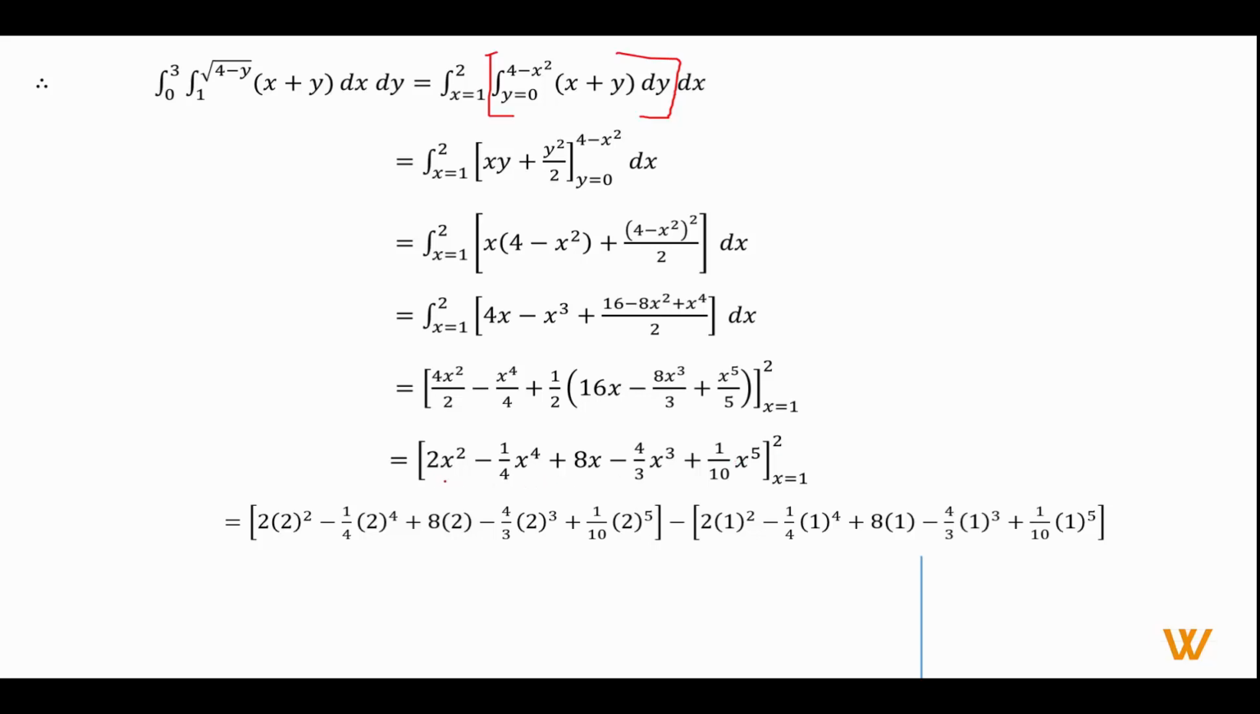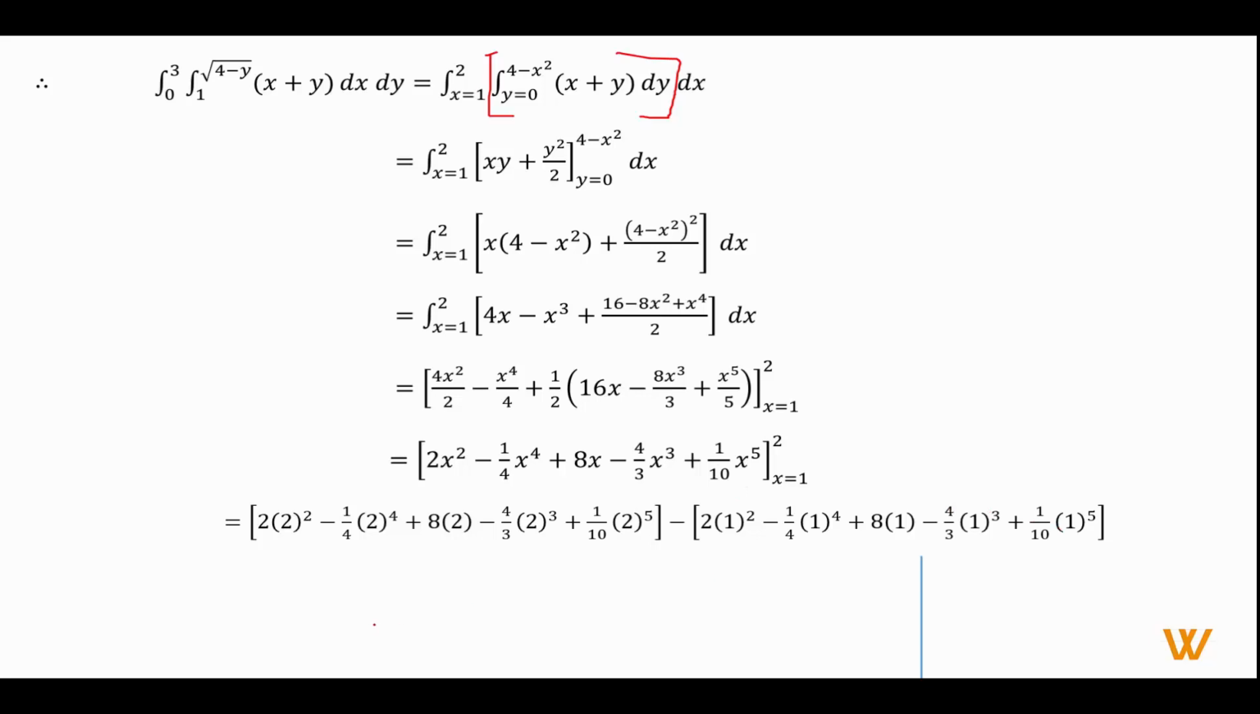Put the value of x as 2, so 2 square, minus 1 by 4 put the value of x as 2 raised to 4, plus 8 into 2, minus 4 by 3 into 2 cube, plus 1 upon 10 2 raised to 5, minus put the value of x as 1, so 2 into 1 square, minus 1 by 4 1 raised to 4, plus 8 into 1, plus 4 by 3 into 1 cube, plus 1 upon 10 1 raised to 5